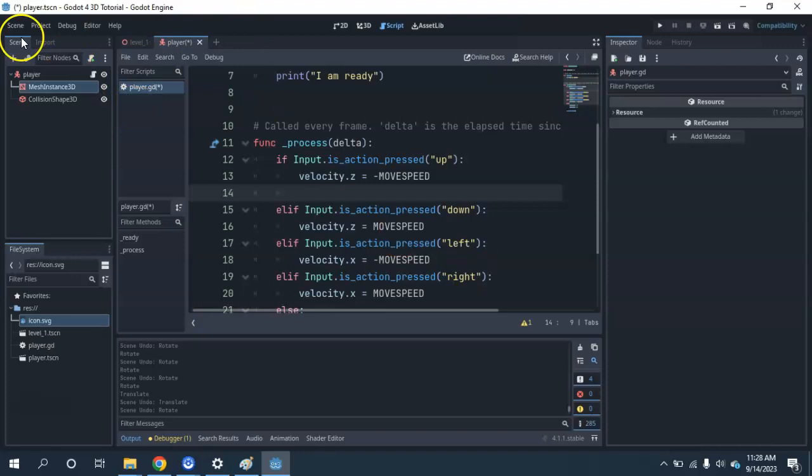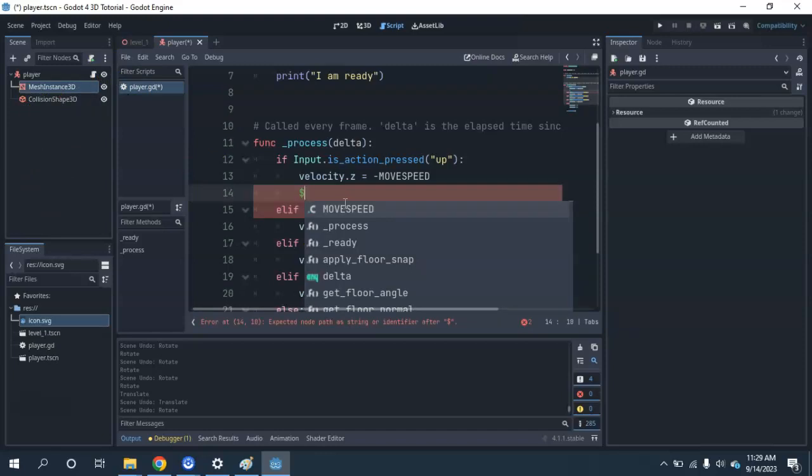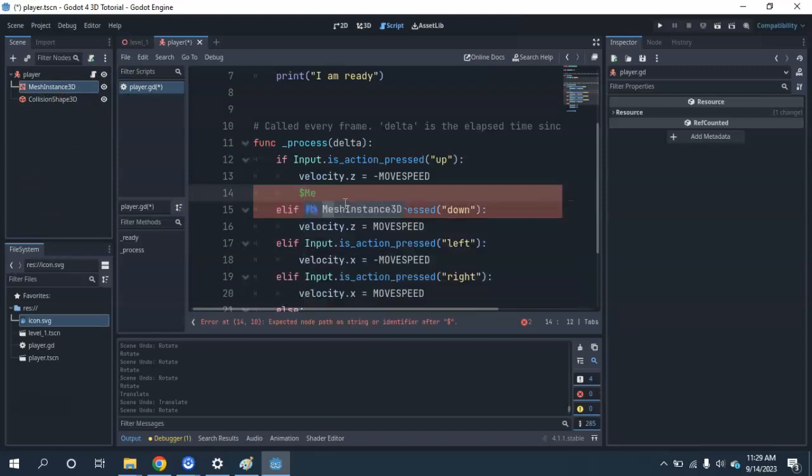And here we've changed the velocity of the player, which is great, but a really cool thing about this parent-child structure, remember these are child nodes of the player, is that I can access or change any of the properties of a child simply by putting the name of a child. Notice the script is on player, so I have direct access to all of its children. And I do that with the $, and you'll see that $sign pops up and I start to say mesh instance 3D. There it is right there. So I'm going to say mesh instance 3D